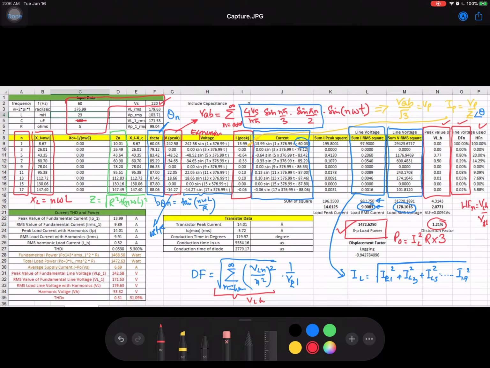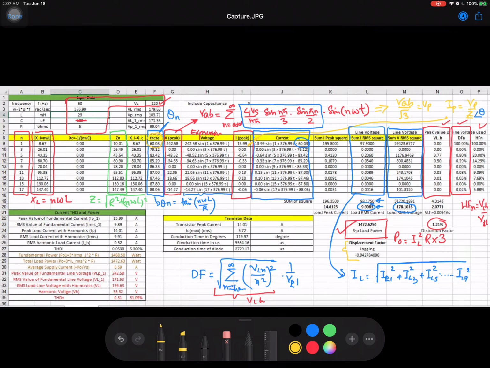Okay. Then we can calculate the displacement factor. We know the angle of the fundamental component of the voltage and the fundamental component of the current. So here is the theta, the angle between fundamental components. So using this one we can find out the power factor, sorry, displacement factor. So that is shown over here. Okay, then coming towards this table,